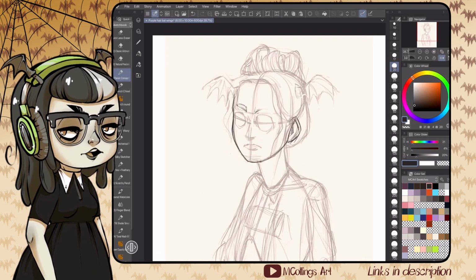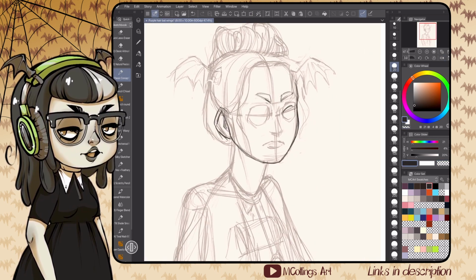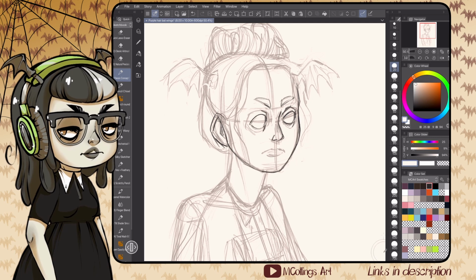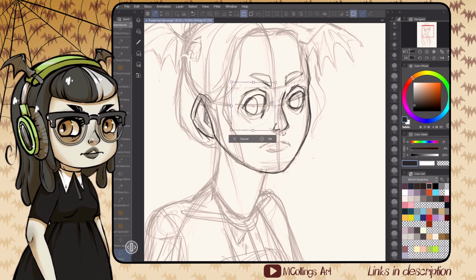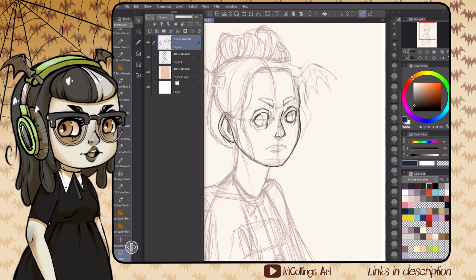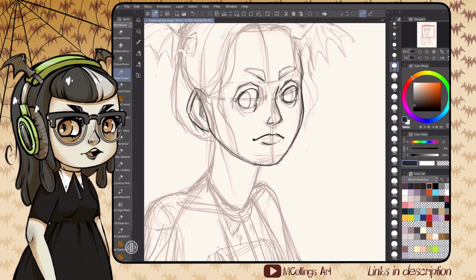The workspace is optimized for small screens because it's only available on the iPad. It does take a lot of care to make sure that there's not a ton of menus that are taking up your drawing space. The flip side of that coin is some of the menus can be a little bit tricky to find. They have kind of nested them in a weird way, and I did need a couple of